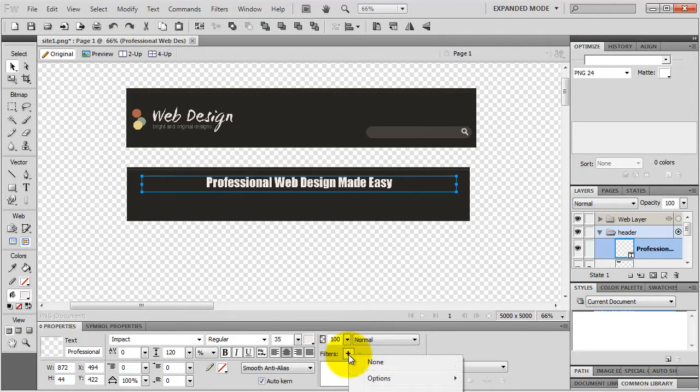I'm gonna add a drop shadow light filter. Sorry, you can't see it. Shadow and glow, and drop shadow. I can edit it. I can change the color of my shadow. I can change the distance. I can change the opacity, the softness, and the angle. And if I click away, I can see my